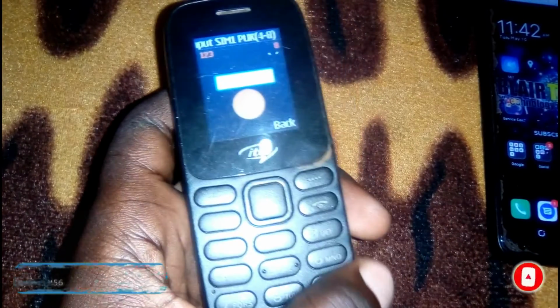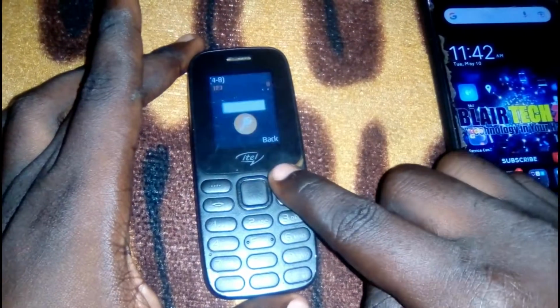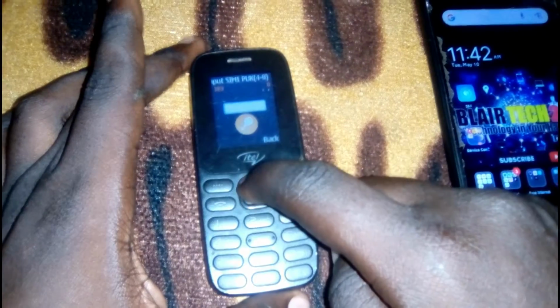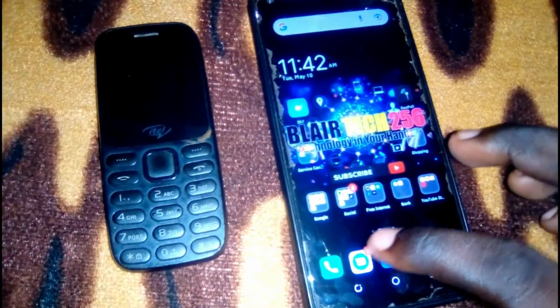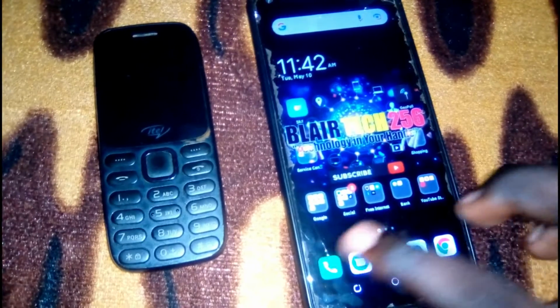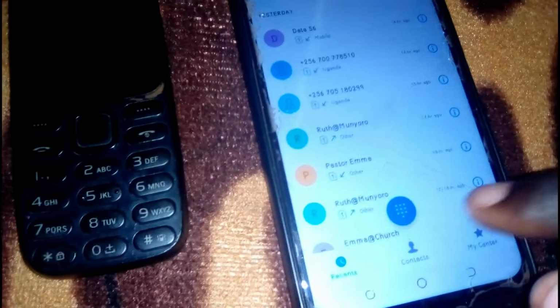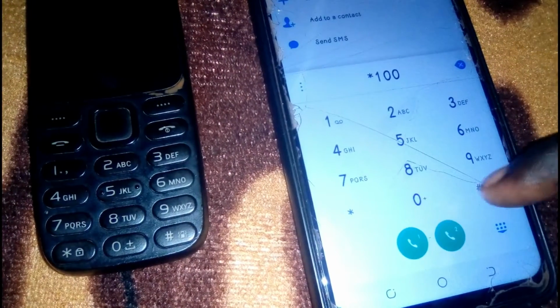Okay, so simply follow these steps. You must be with the number of the locked SIM card, the number, okay, and then you grab your phone. You must have an Airtel SIM card within your phone, and then head to your dial pad, and then you dial this code. Star 100 hash, you press call,